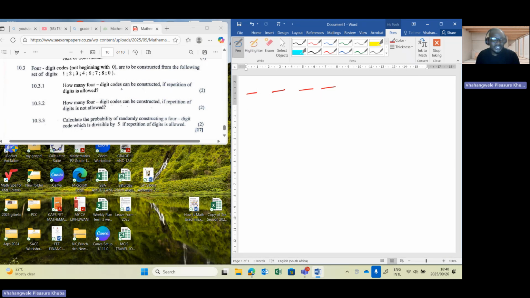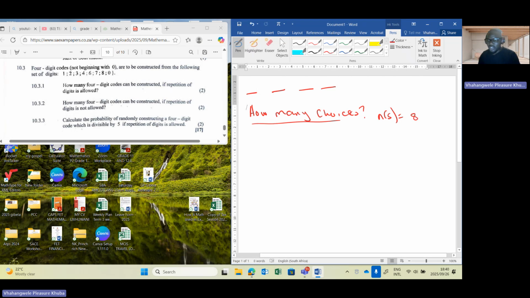So how many choices do we have? This is the question you need to ask yourself before anything else. Always ask yourself this question after going through the given scenario or the instruction. So how many choices do we have there? We can say n(S) equals how many? It's 1, 2, 3, 4, 5, 6, 7, 8. So we have 8 choices.